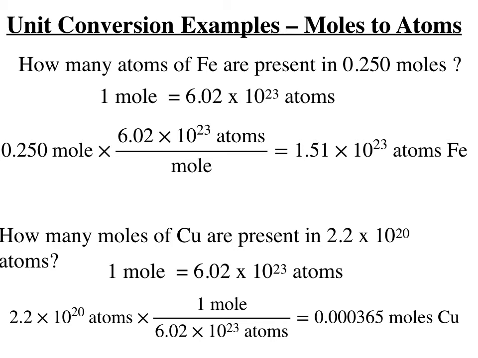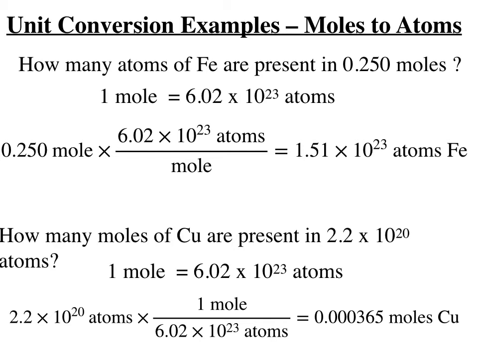So I'll take 0.25 times 6.02 times 10 to the 23rd, and I'll divide by 1, and that will give me 1.51 times 10 to the 23 atoms of iron present in a quarter mole of iron. Now, one ramification of not needing the molar mass of iron here is that for any material, if you have 1/4 mole of any material, you will have 1.51 times 10 to the